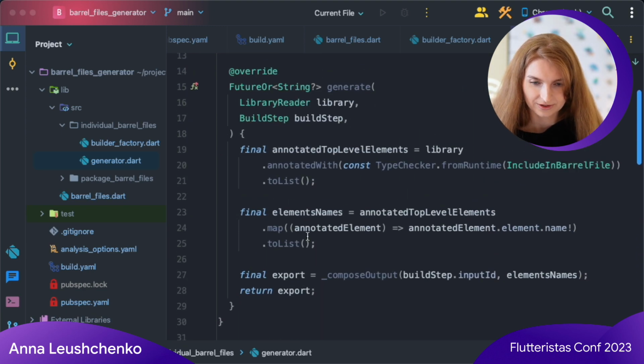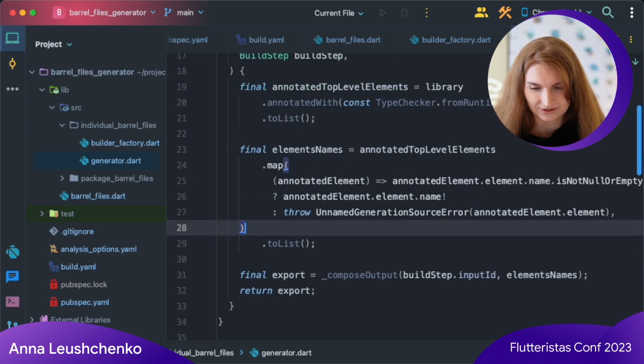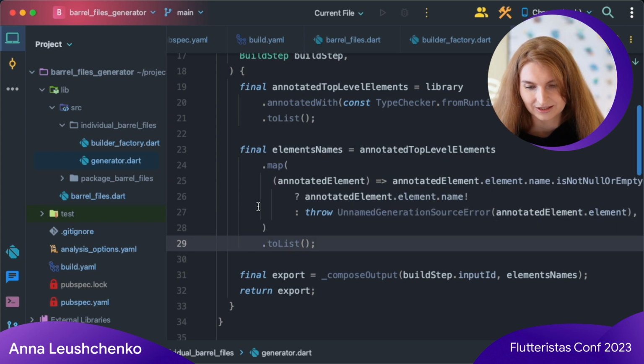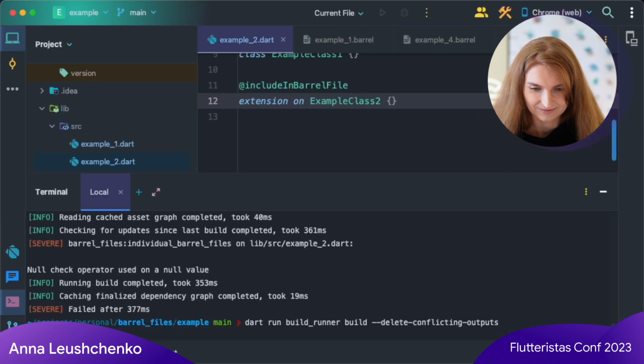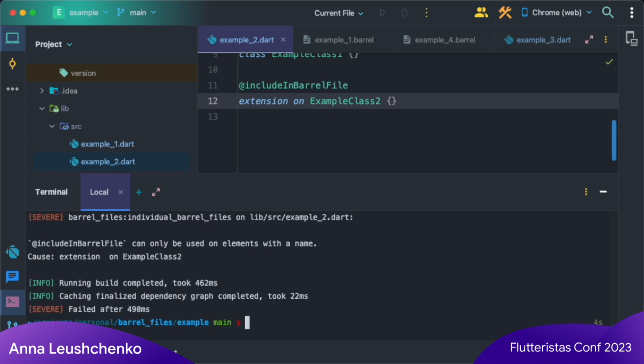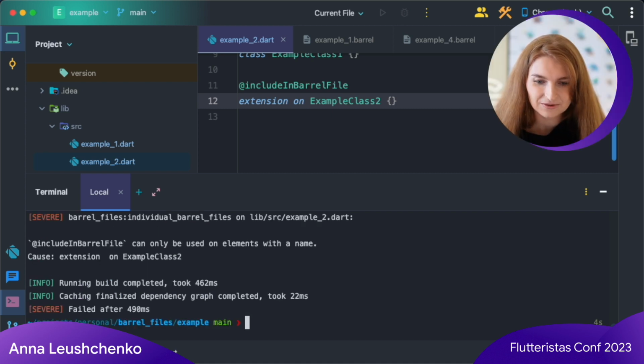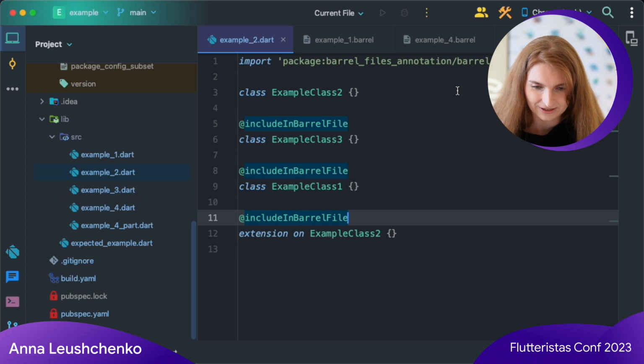And here I'm throwing this unnamed generation source error if the annotated element name is null or empty. Let's now run the code generation again. I can now see a nice error message which clearly indicates where the problem is. Let me briefly remove the failing annotation.